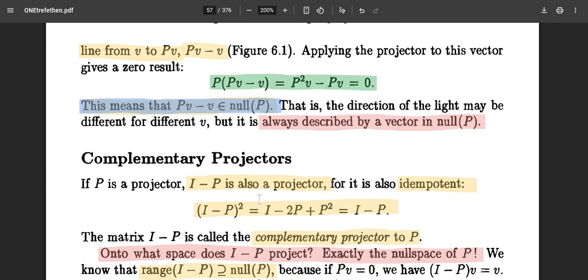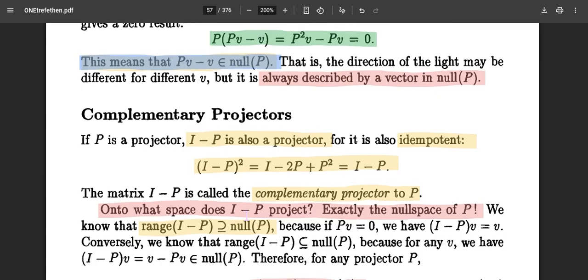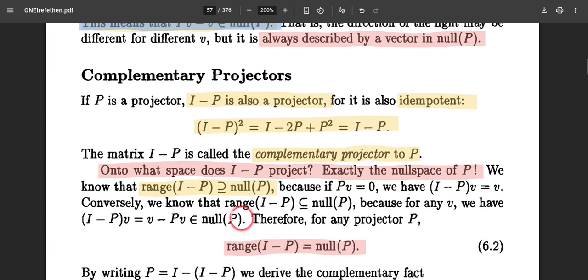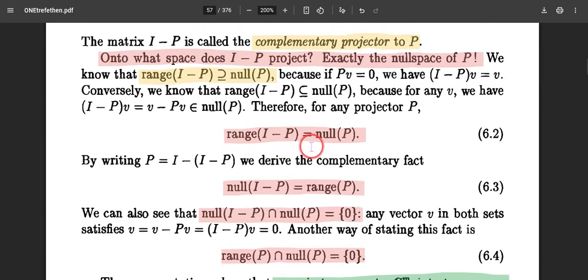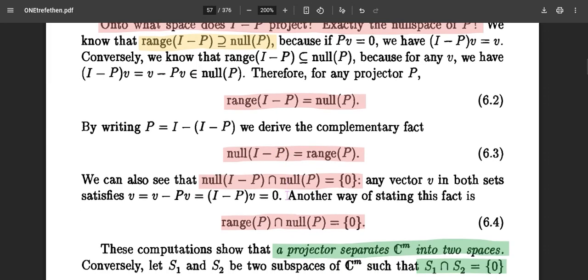If these spaces are complementary to each other, there is also a projector I minus P, which is the complementary projector to P. I minus P is also a projector because it satisfies the idempotent property. What does complementary projector mean? The range of I minus P is the null space of P, and the null space of I minus P is the range of P. Both spaces are complementary to each other because the projectors are complementary, and the intersection is